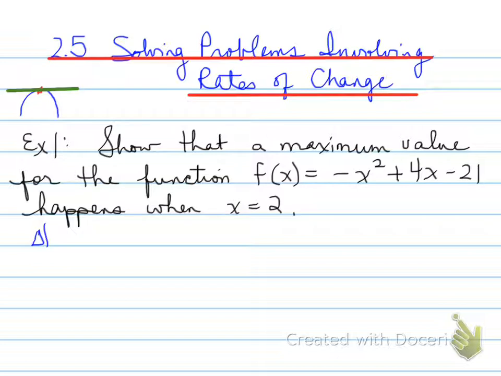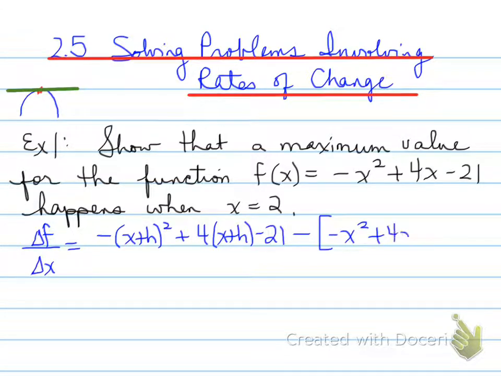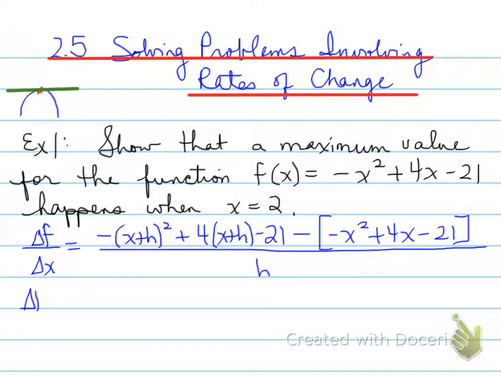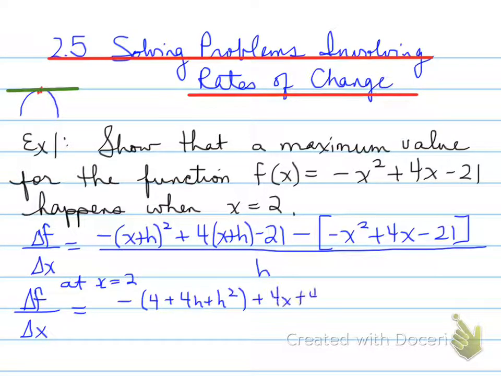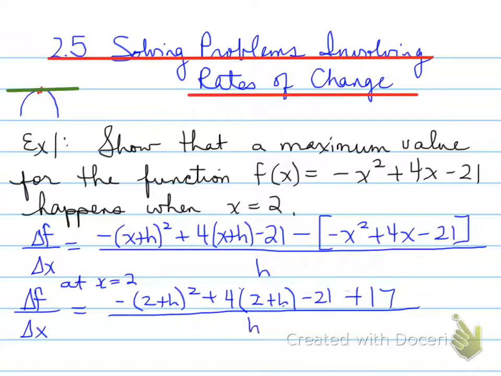How are we going to do that? Well, let's see. We're going to take delta f over delta x, and we're going to find the delta f at delta x for a very small interval. We use the difference quotient formula, and we get delta f over delta x at x equals 2 is going to be the following. And when you expand it, what's going to happen? When you plug in x equals 2 into the equation,